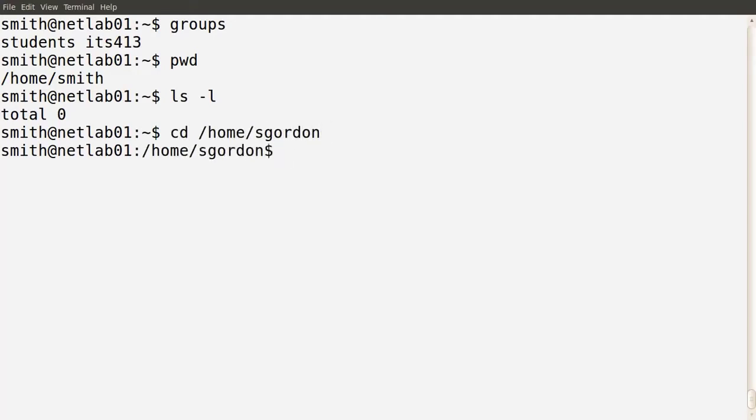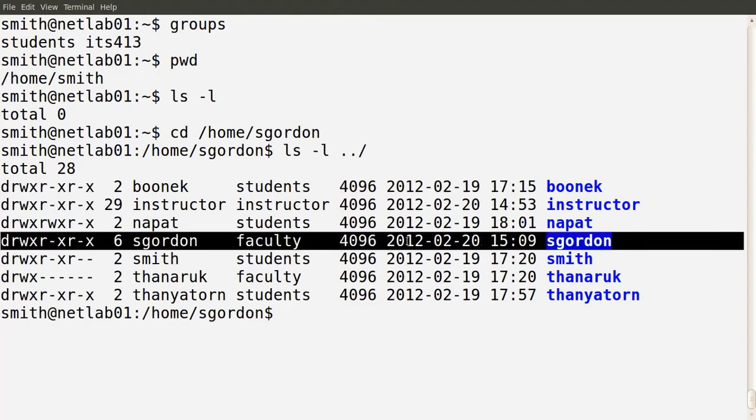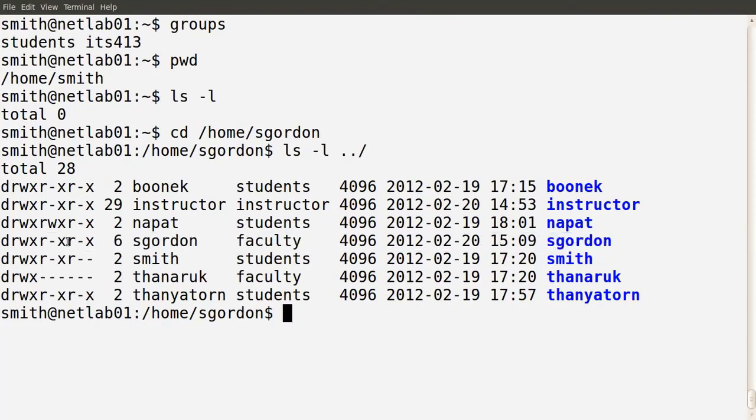Yes. Why? Because if we see the S. Gordon directory owned by user S. Gordon, group faculty, Mr. Smith is in the students and the ITS 413 group. So he's not within the faculty group, he's not the user owner S. Gordon, he's one of the other users, and the permissions for other users is that they can read and execute